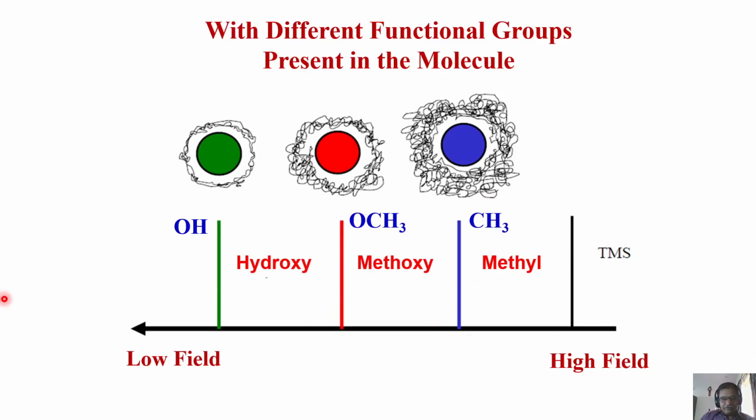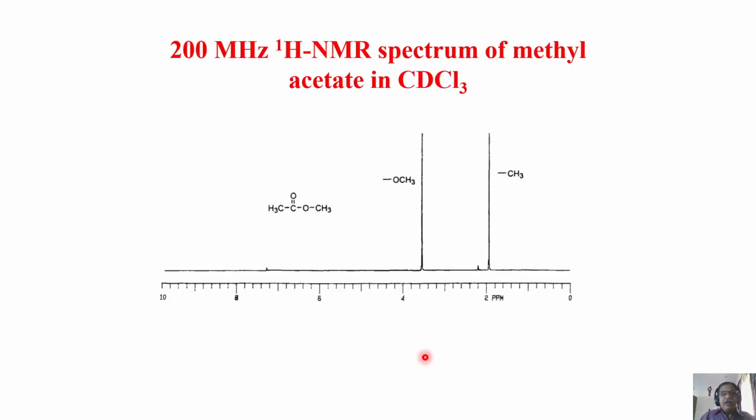This is the order it follows. This is only a crude example I am giving. It may happen that because of neighboring groups, peaks may move here and there. I am not worried about that. I am just telling you, as a simple example, what happens to different functional groups when different electronegative atoms are attached to them. Okay. So this is the easy way to understand. And look at the peaks. I have taken an NMR spectrum like this. These are simple molecules.